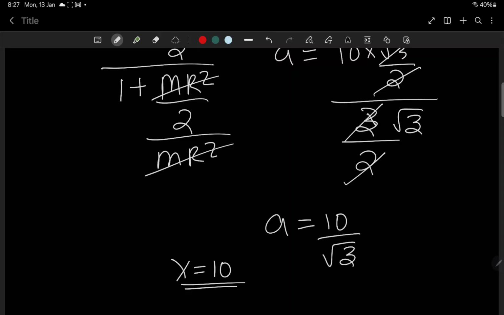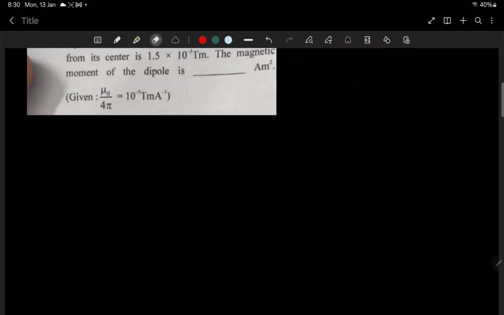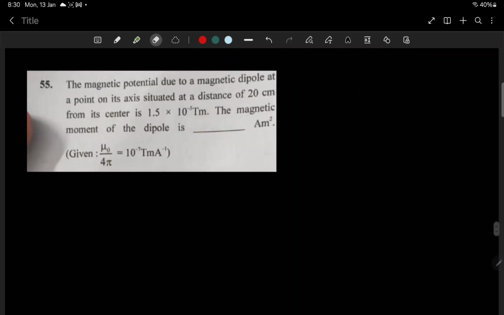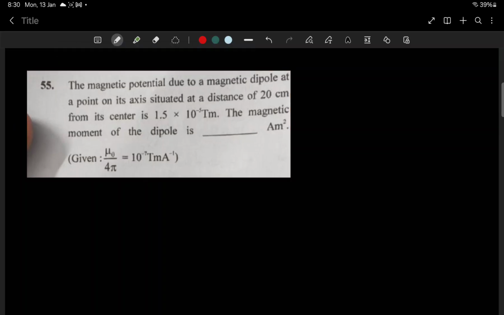Now next question. Yes, so children, this is the next question. This question is very simple really. First of all, this is a short dipole because it's 20 centimeter only, short dipole. So we can take what